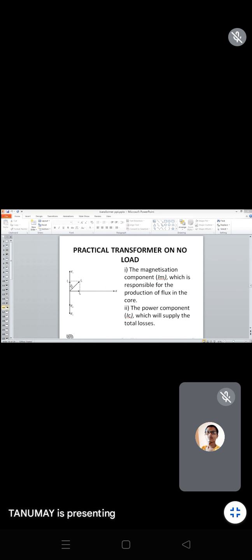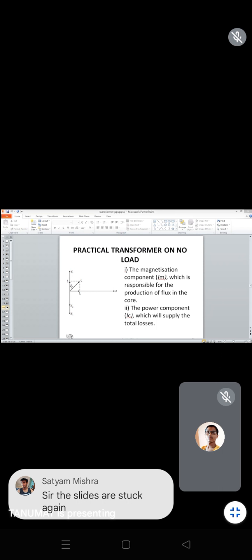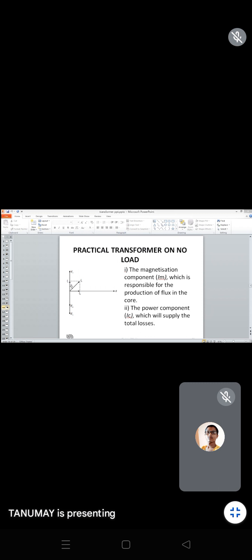Similarly, over the secondary side there is E2, and over the primary side, E1. So E2 and E1 will be in this direction. And over the secondary side, as this load is of inductive type, E2 is in this direction. If we consider this is the direction of V2, then the secondary side current will lag from the voltage V2 with some angle, that is theta 2.